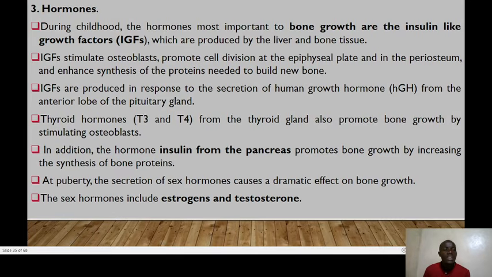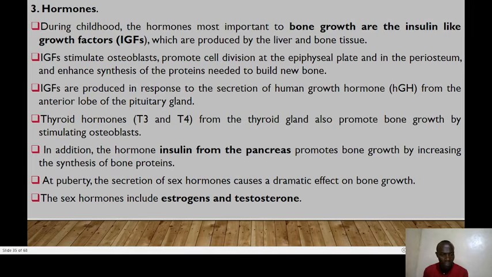So thyroid hormones, the T3 and T4, triiodothyronine and thyroxine, from the thyroid gland also promote bone growth by stimulating osteoblasts. In addition, the hormone insulin from the pancreas promotes bone growth by increasing the synthesis of